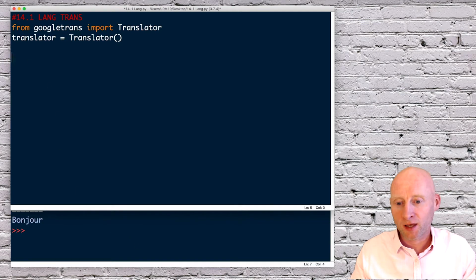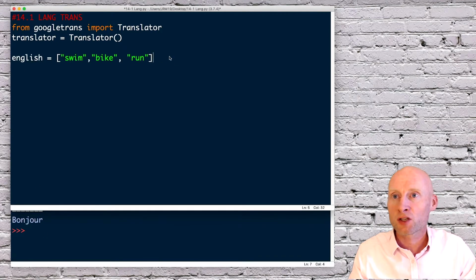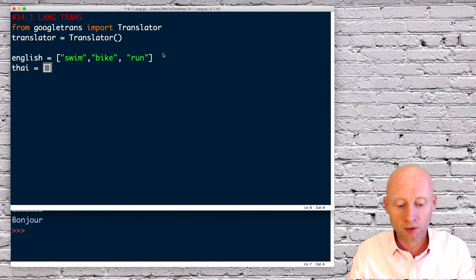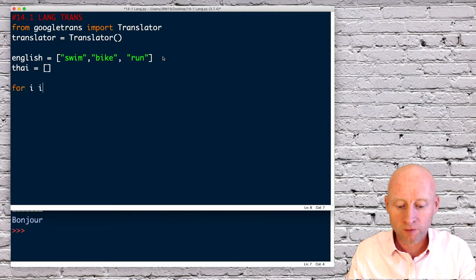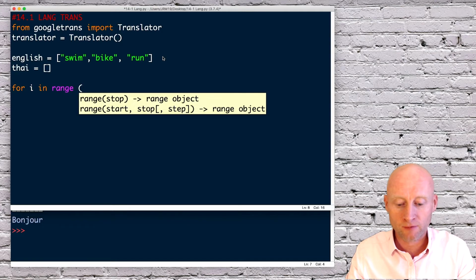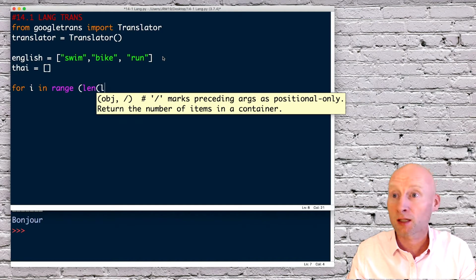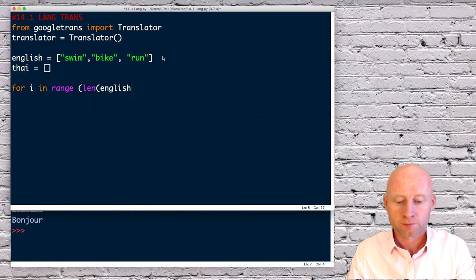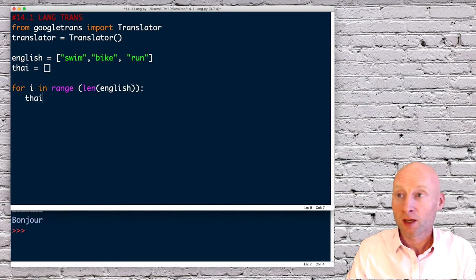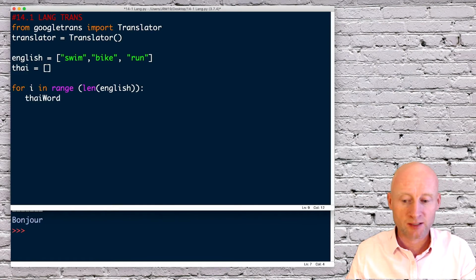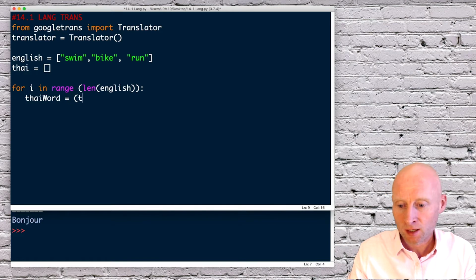If I copy and paste a list of words here under the variable of English, there's 3 words here. Now what I want to do is create a variable which will contain the translated words. I can now do for i in range of the length of the English. So this will go through this list. I need an intermediate variable here, so Thai word, as I'm translating to Thai, and then I can say